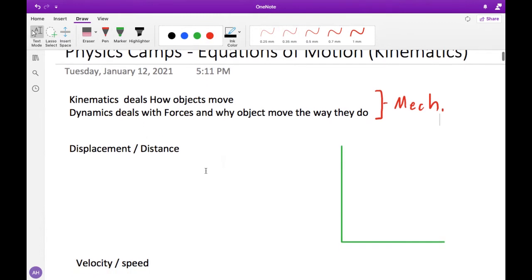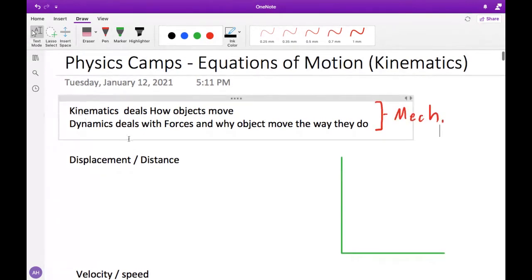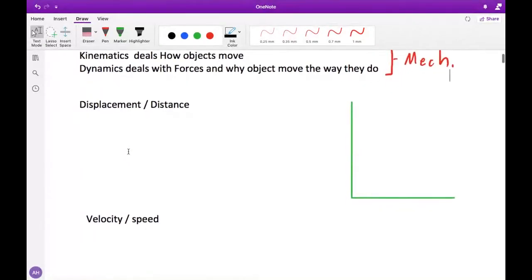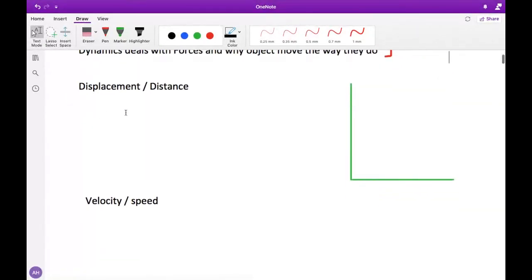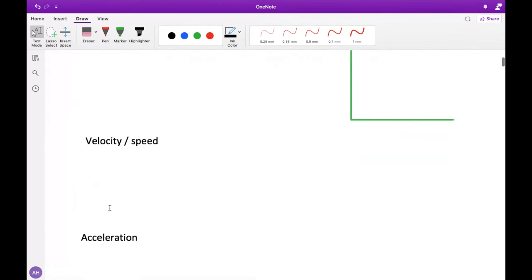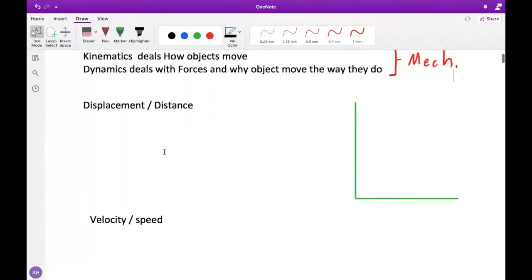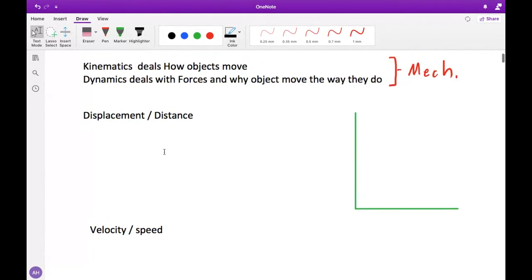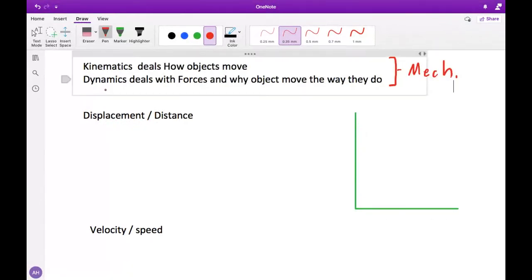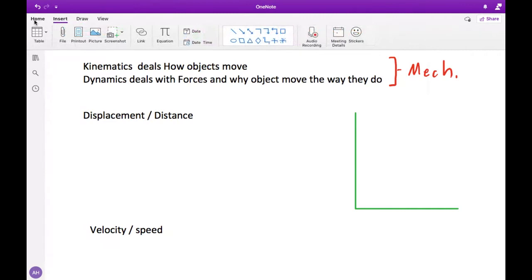Mechanics breaks down into kinematics and dynamics. In order to talk about kinematics, we have to define these three things: displacement, velocity, and acceleration. That's pretty much where we're going to start. Displacement and distance, which you're probably already familiar with, but just to remind you how they differ is